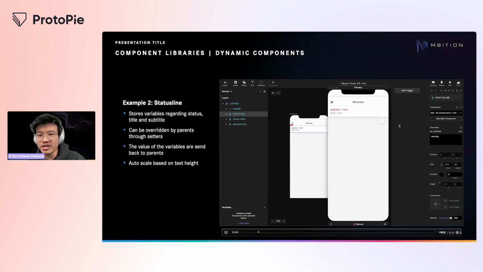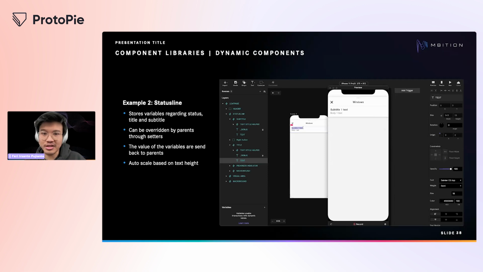Another example of our dynamic components is the status line. The status line tells the status of specific features, such as whether the window is open or closed, or whether the car is locked or unlocked. Therefore, the status line component stores variables regarding the status line title and the status line subtitle.